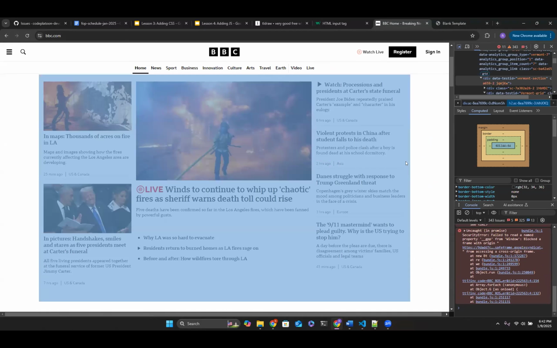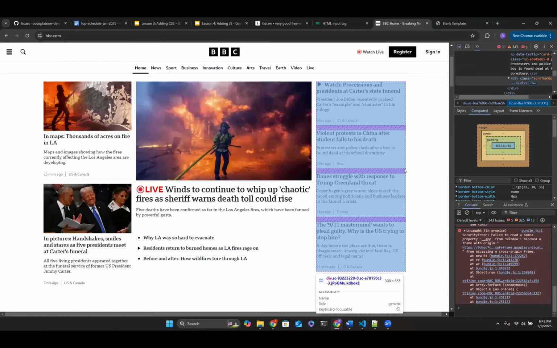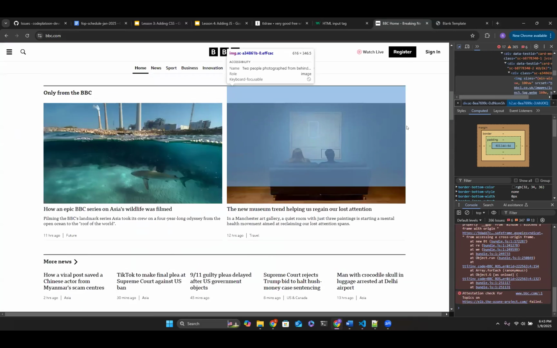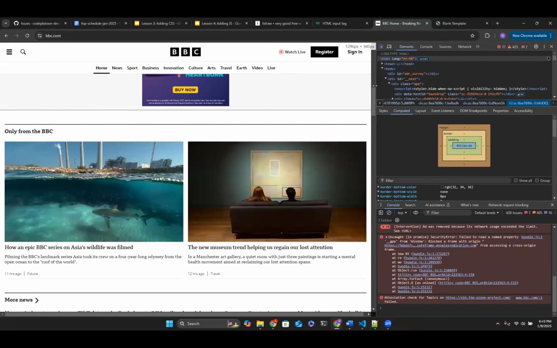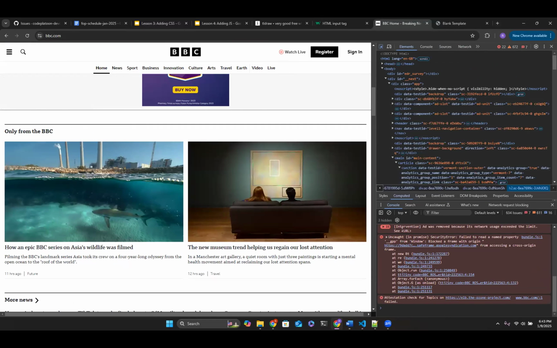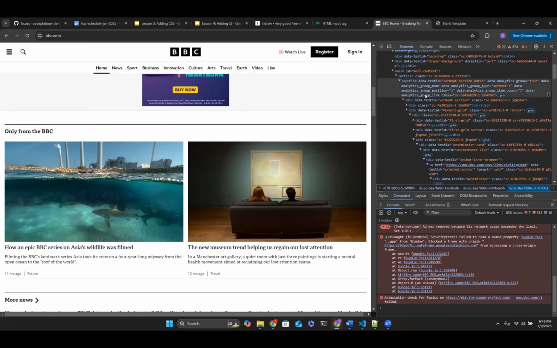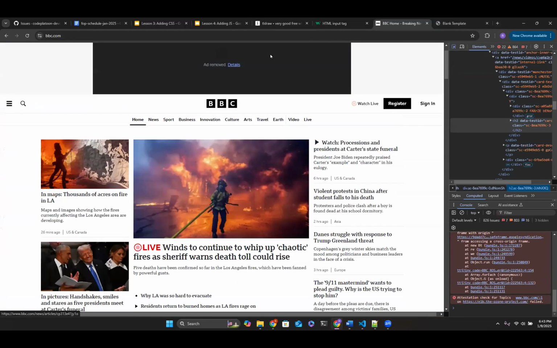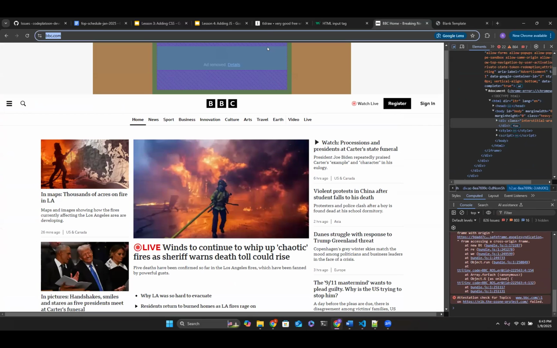We have a box that holds everything in its entirety, right? The right section is a box. All these are just boxes, and when you dive deeper into the elements, they're all just a bunch of divs. That's literally what everything is. So when it comes to CSS, when you style your elements, it's good practice to categorize them with divs or semantic tags, and then format these divs to reach the outcome that you see here on the BBC website. This is just a very quick example.